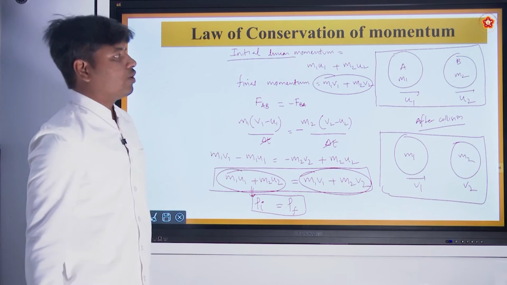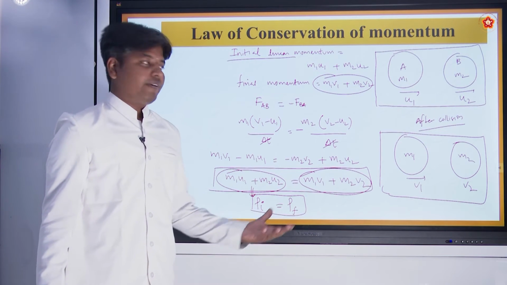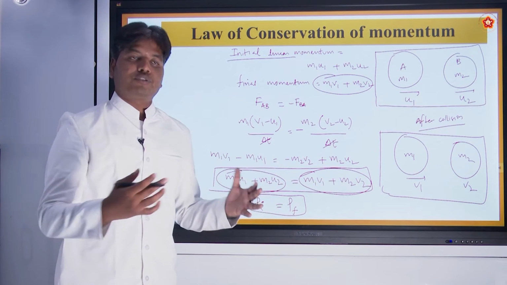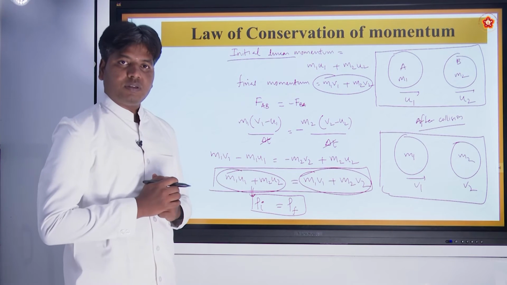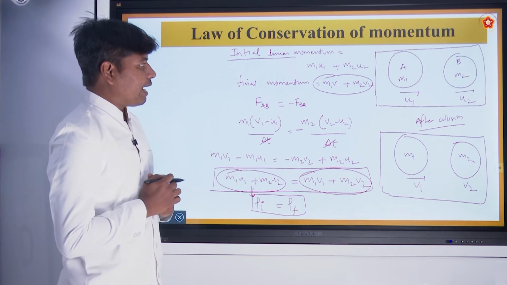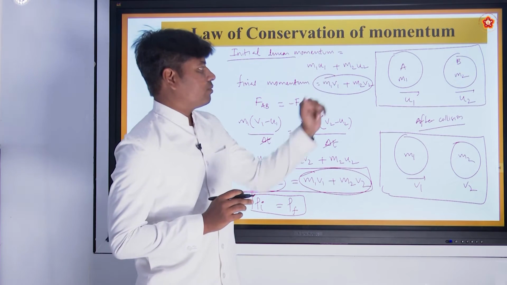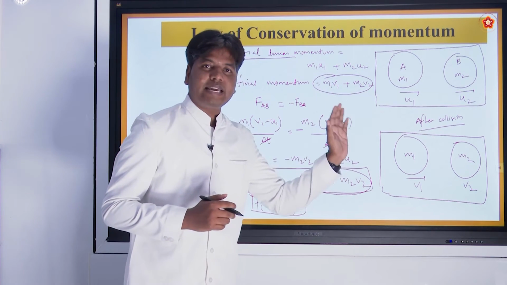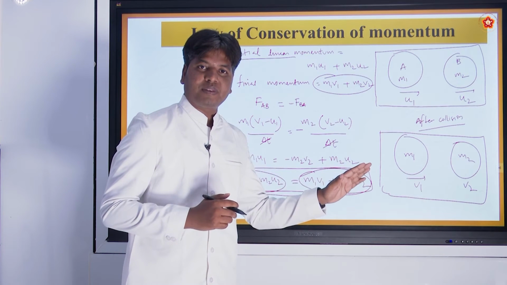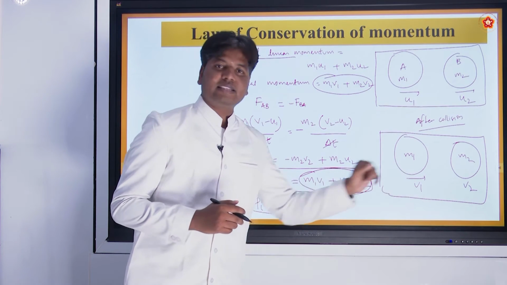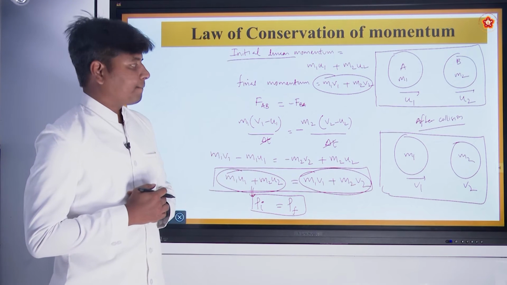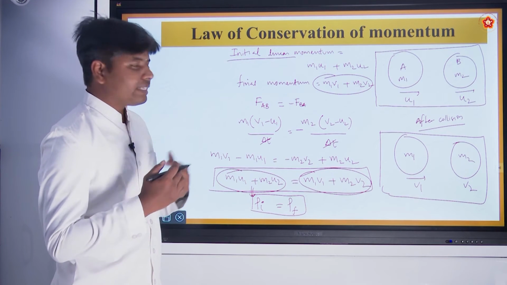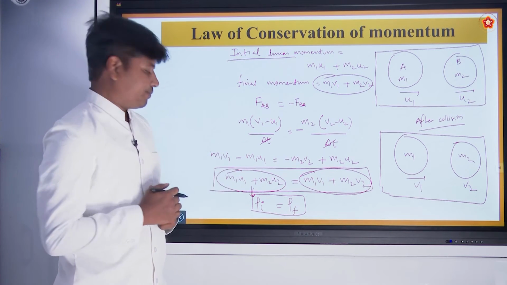So that is where the law of conservation of momentum is valid, when there is no external force acting on this system. Alright, but we have just added these two. How did we add these two? Because A and B are traveling in the same direction. After the impact also they are traveling in the same direction. Alright, now let us take another scenario